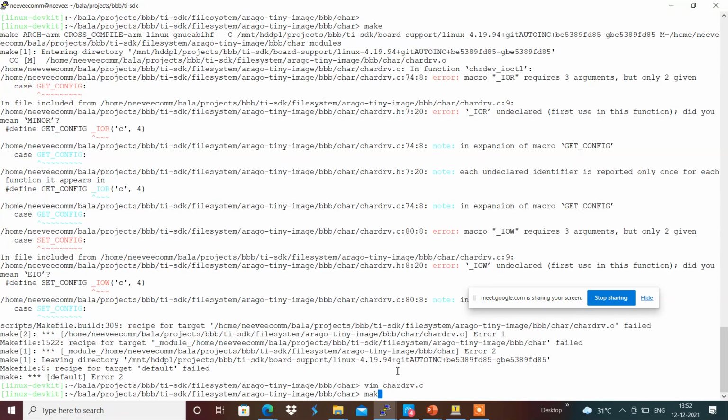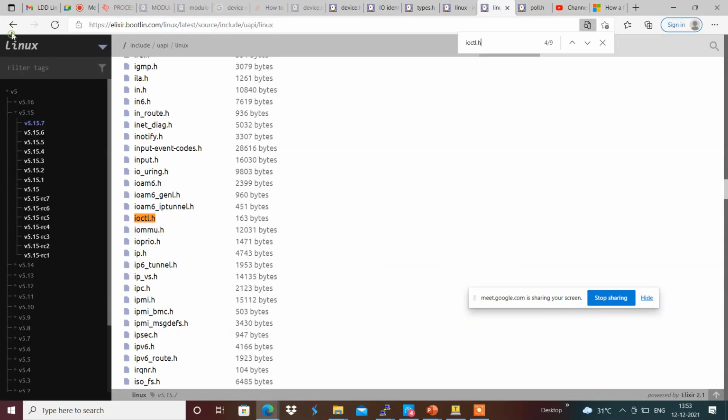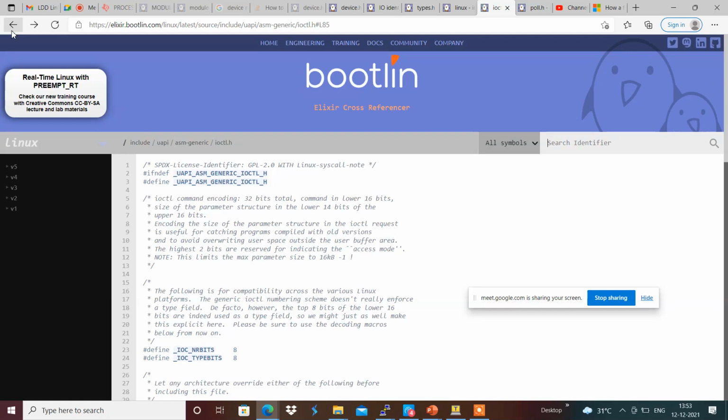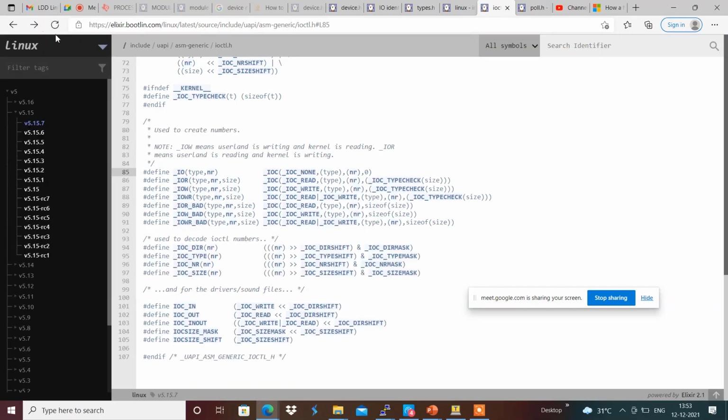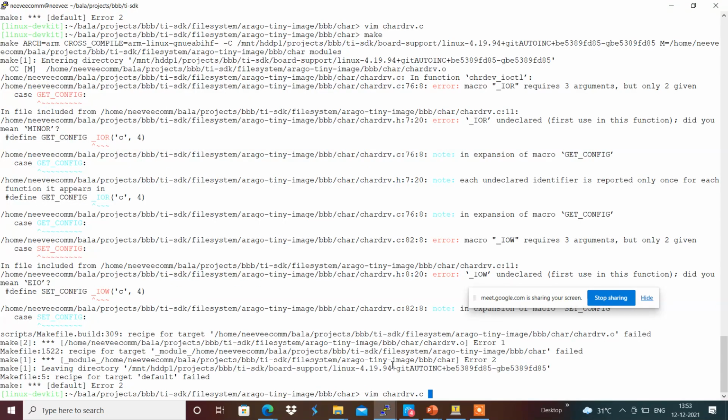Yes, maybe the number and size over here. We have to give the number and the size. The number can be 0x1 comma size and 0x1002 over here.